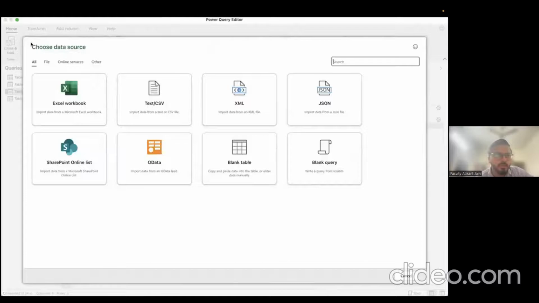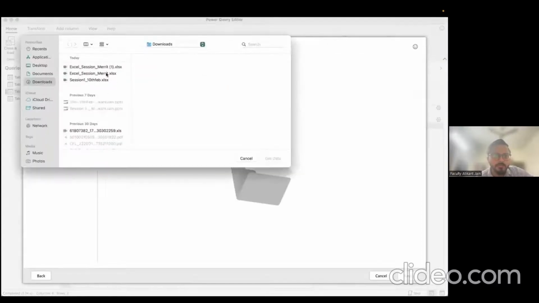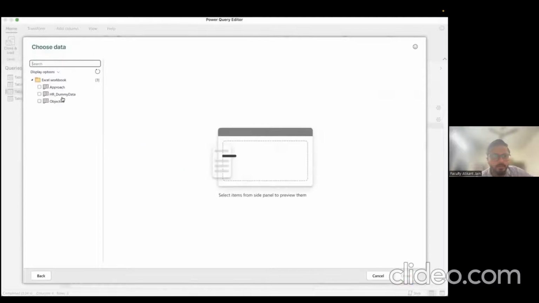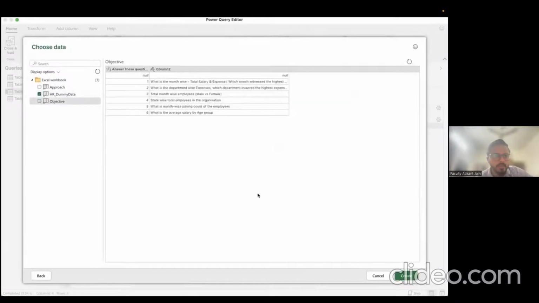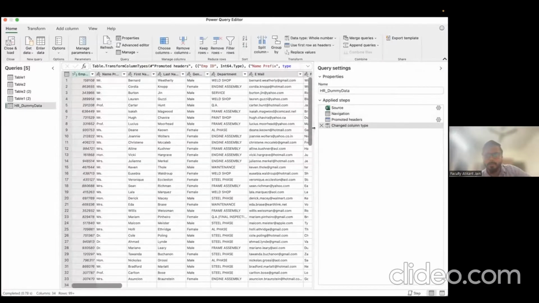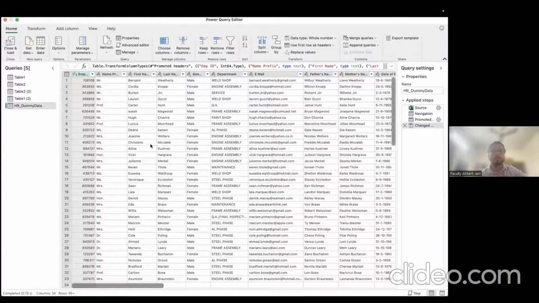Oops, sorry, going back. So I work on HR dummy data, create. This is a massive data, right? Massive in terms of number of columns. I have so many columns and somewhere around 5,000 or 50,000 records, right? Now,